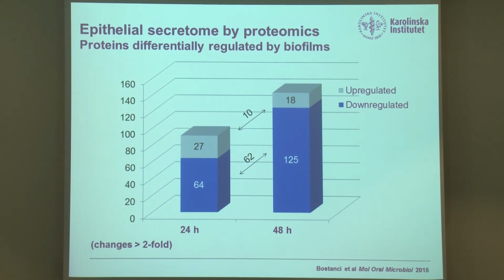hours, and they were joined by another 63 proteins in this group of downregulated proteins. So it means that when these proteins are suppressed, they keep suppressed over a longer period of time. And that was quite interesting to see, because when we talk about responses during the early stages of infection, we usually consider what goes up but not what goes down. And that's an important indication that during the course of an infectious process, we also need to consider the proteins that are downregulated and what this means for the course of the development of the infection.